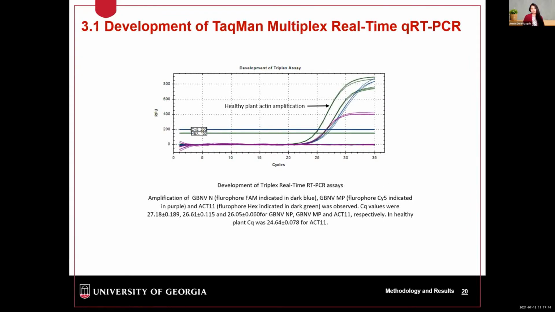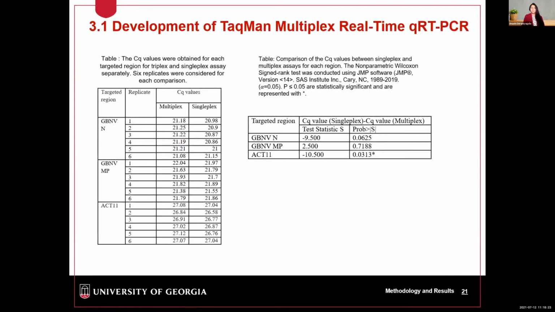If I talk about the difference between multiplexing and a singleplex reaction, in a singleplex reaction, we include 1 primers and probe set targeting 1 region in 1 vial. During the multiplexing, in 1 vial, we include all the primers and probes targeting different regions. So there's a higher chance to observe cross interactions since all the amplifications happen at one time, at once. So we didn't observe any cross interactions, but we still need to know about the efficiency of the